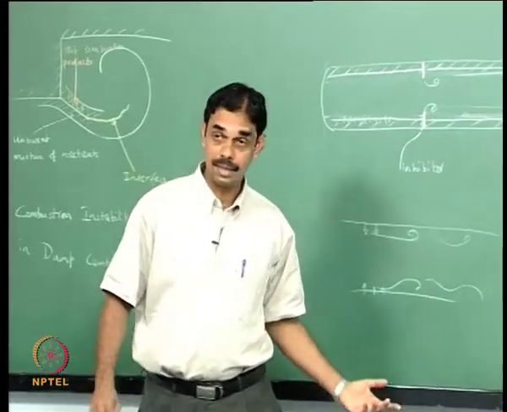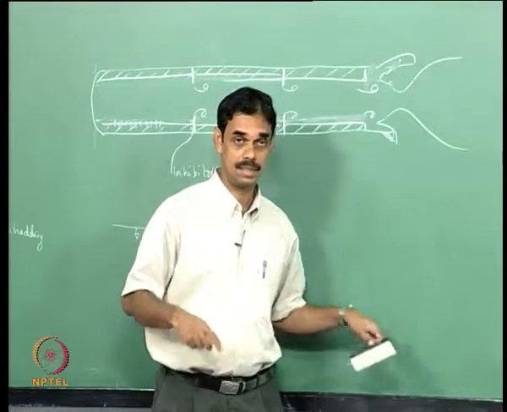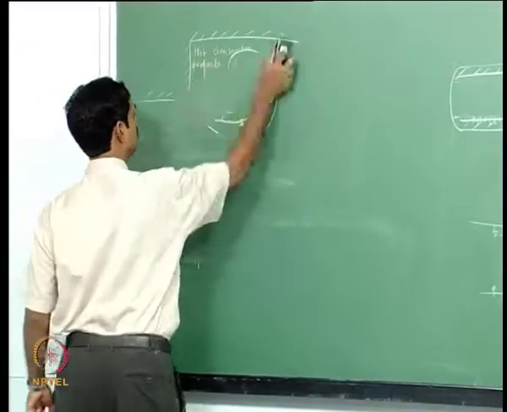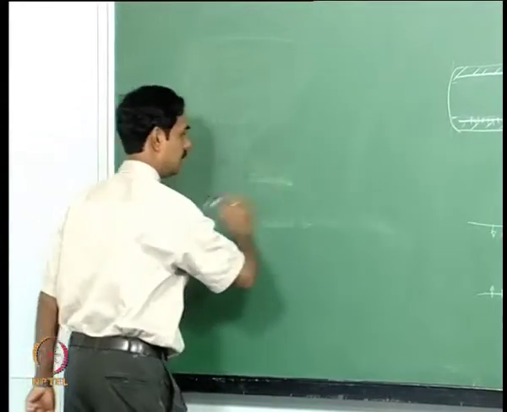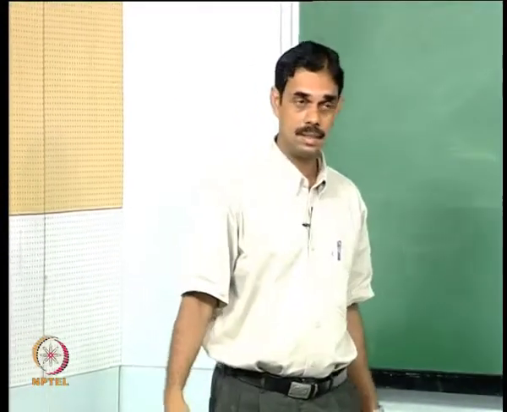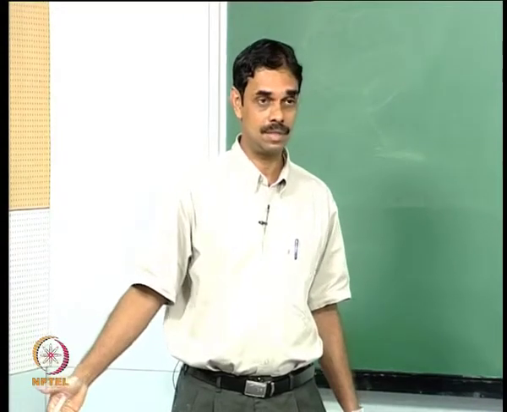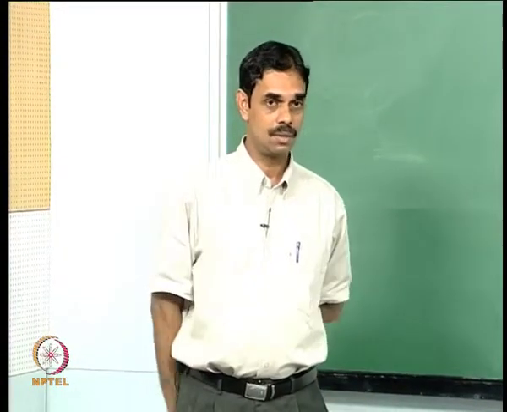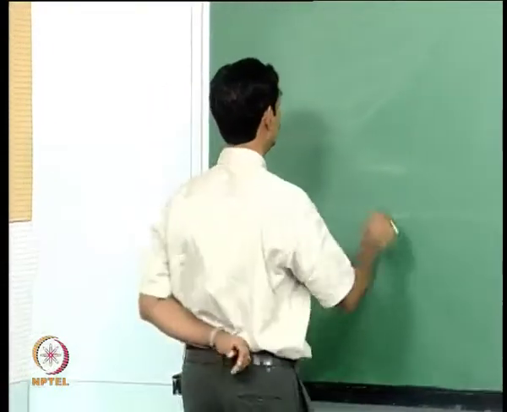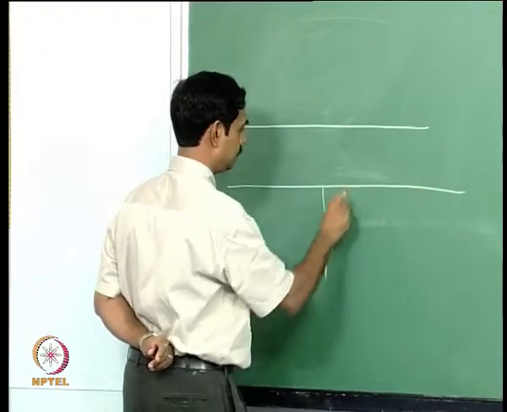So I will give another example which is non-aerospace. We have gas lines. Natural gas is a very big source of energy. I think there is a lot of natural gas now in Andhra Pradesh. I think it was discovered some years back, but we do not really have a good supply system set up, but eventually it will be. I think in Bangladesh there is a lot of natural gas. So you have big lines this way, and then